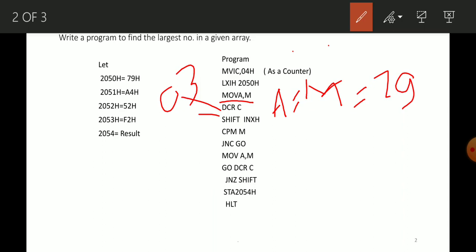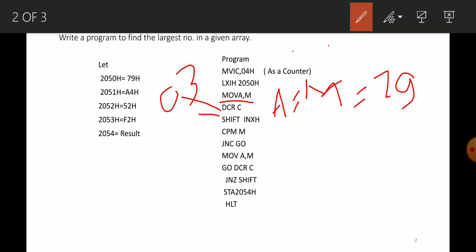Now the next instruction is INX H. After DCR C comes INX H. INX H means next memory.